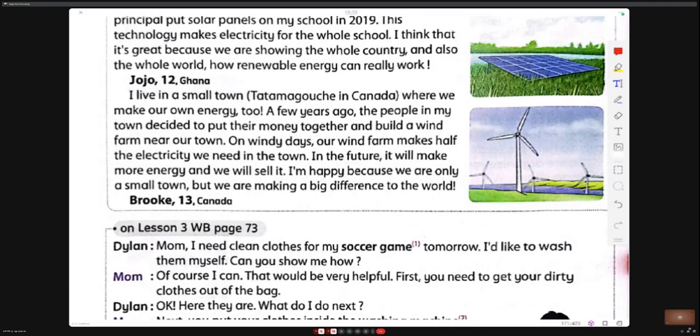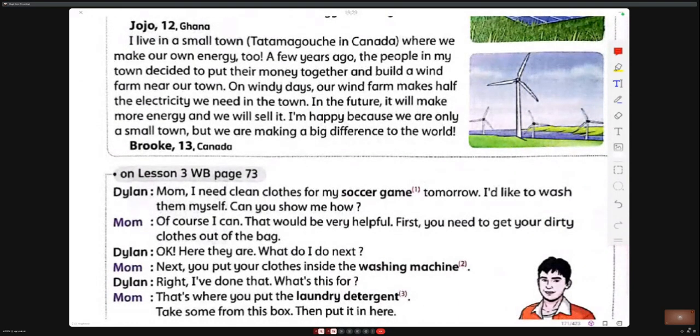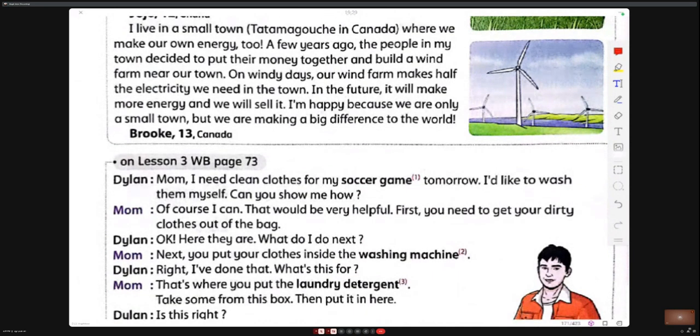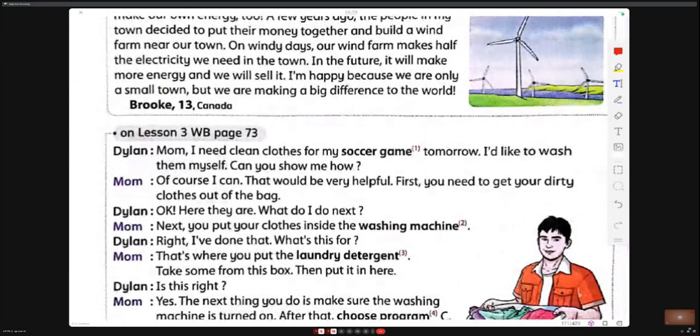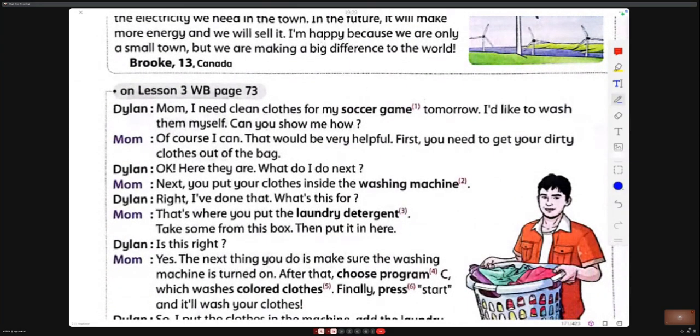On windy days, our wind farm makes all the energy we need in the town. In the future, it will make more energy and we will sell it. I'm happy because we are only a small town, but we are making a big difference to the world.